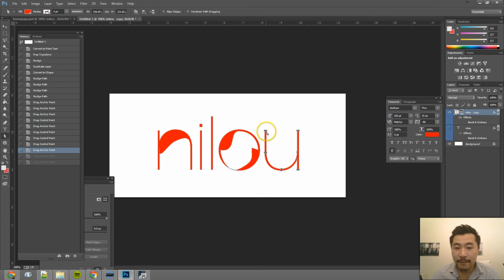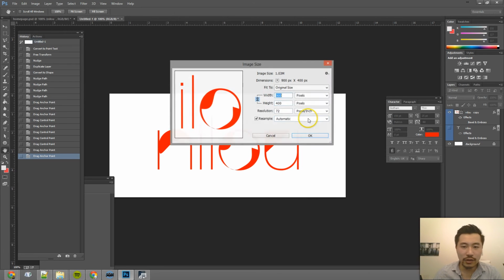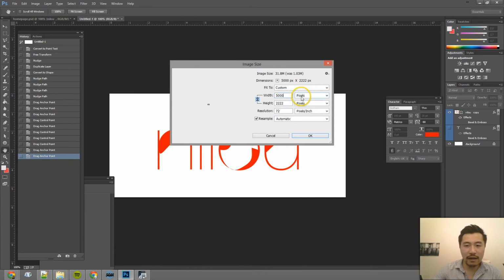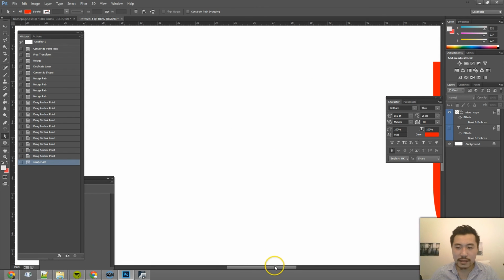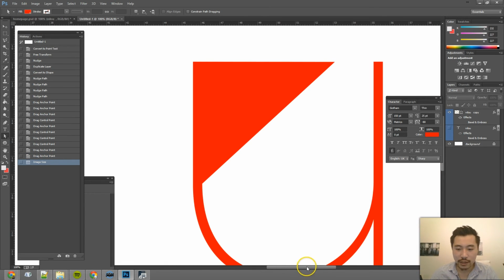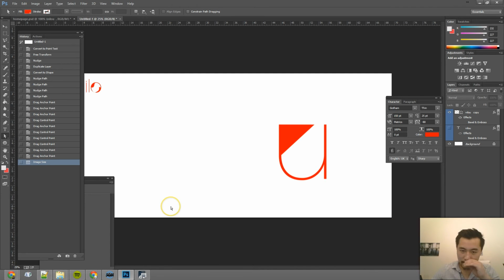And the other thing is that after I make these changes, if let's say I want to resize this, I could, and I will not lose any resolution. So if I, let's say, go to image and then image size and make this 5,000 pixels wide, bam, see how all of this is crisp? It maintains all of the vector information. So now if I zoom out to maybe 25%,